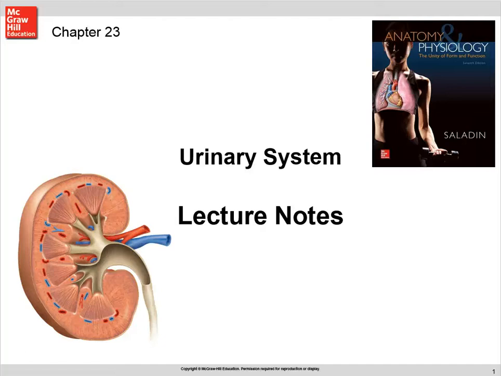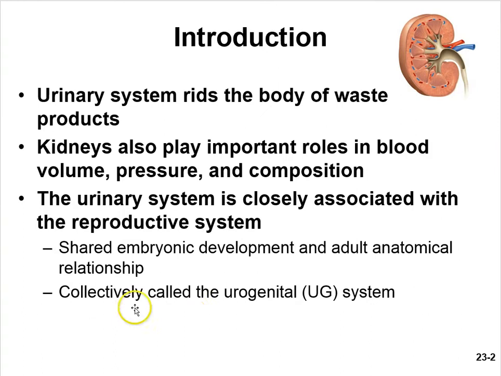In this chapter, we'll be studying the urinary system. The urinary system rids the body of waste products. The kidneys also play an important role in blood volume, blood pressure, and even blood composition. And the urinary system is closely associated with the reproductive system. In fact, they have a shared embryonic development and adult anatomical relationship and are collectively called the UG or urogenital